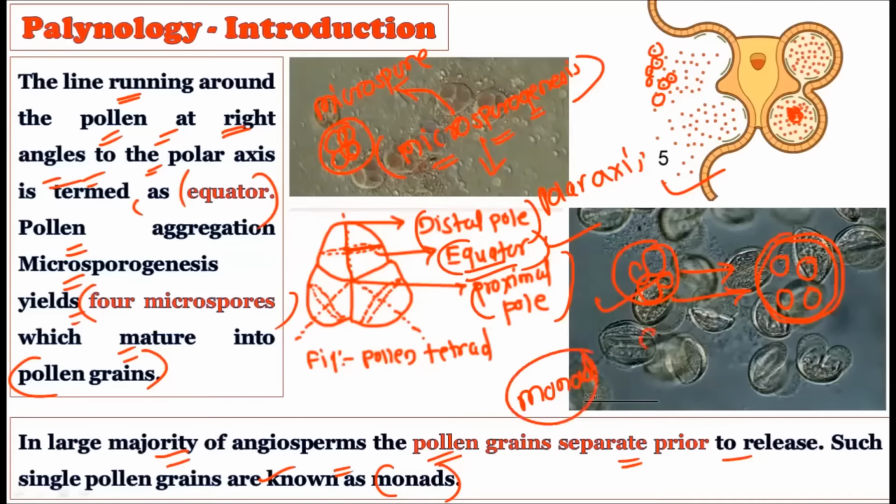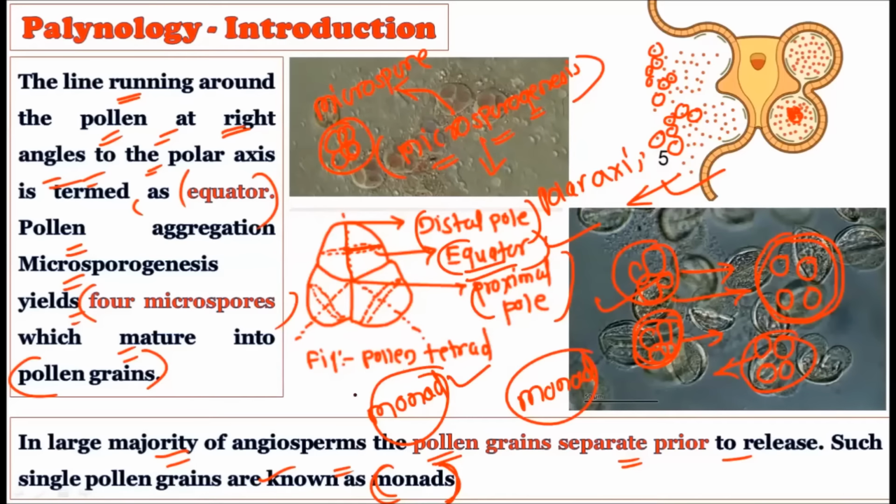We have just discussed that earlier during development there was a tetrad of four immature pollen grains. But once they get separated from one another, they form individual structures. When single pollen grains are liberated individually out of the sac, these individual pollen grains are considered monads, a very important term. We use the term monad for the pollen grain when it is liberated alone, individually, during dehiscence. So when they dehisce alone, these pollen grains are rightly termed monads.